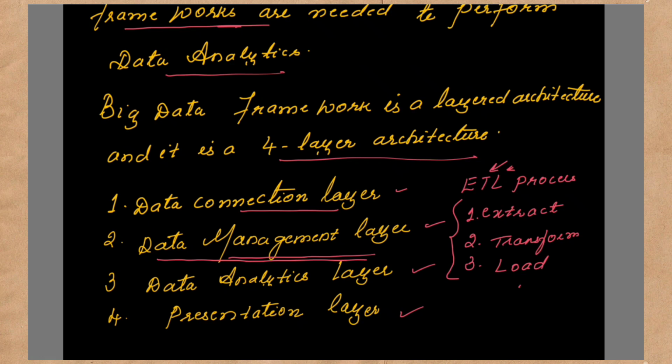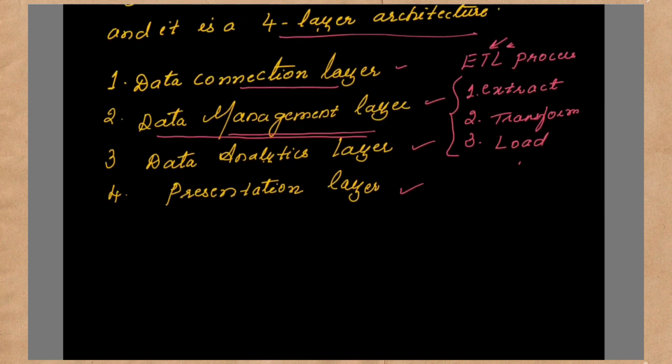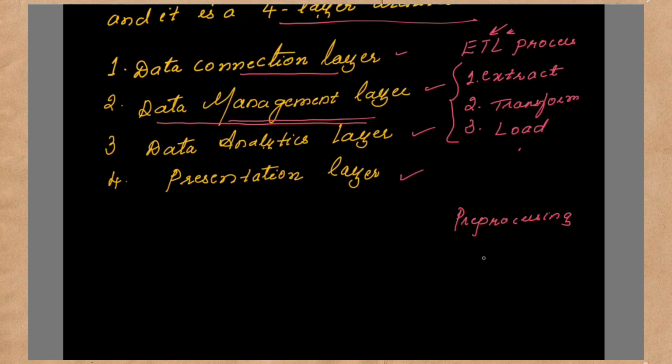So next is the data management layer. What are the functions that are included in this layer? Basically, it performs pre-processing of the data. The purpose of this layer is to allow parallel execution of queries and carry out the data management task. Also, it constructs data repositories. Data repositories include what? Data warehouses. So in short, we can say in this layer, the data management tasks has to be carried out, and along with that it should also allow parallel execution of the queries and construct the repositories such as the data warehouses.